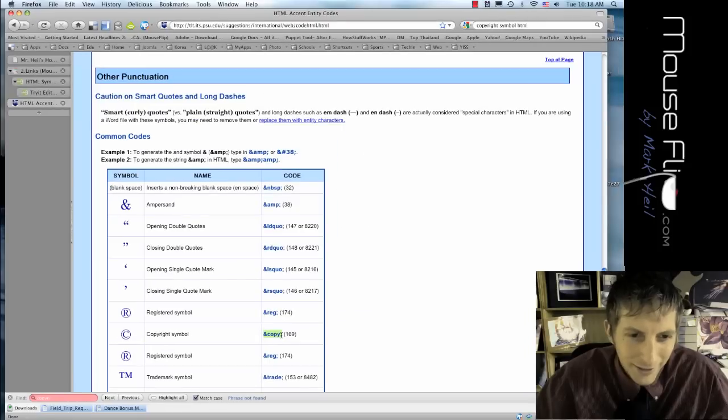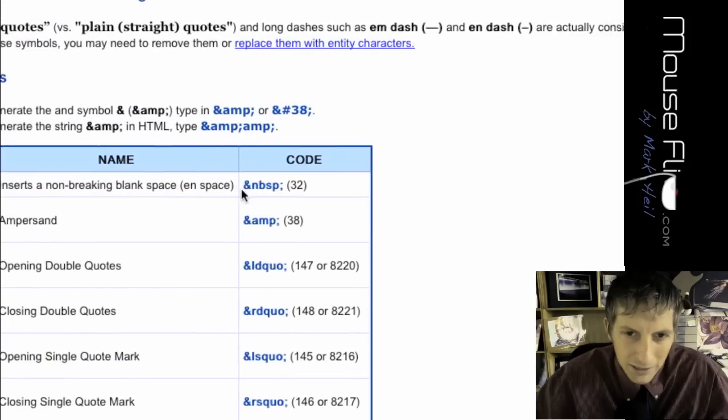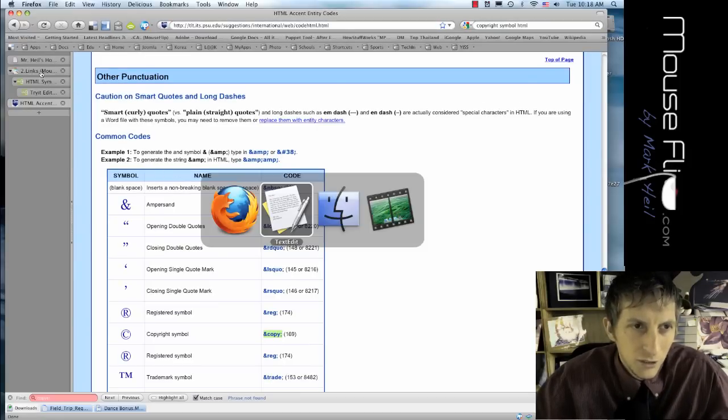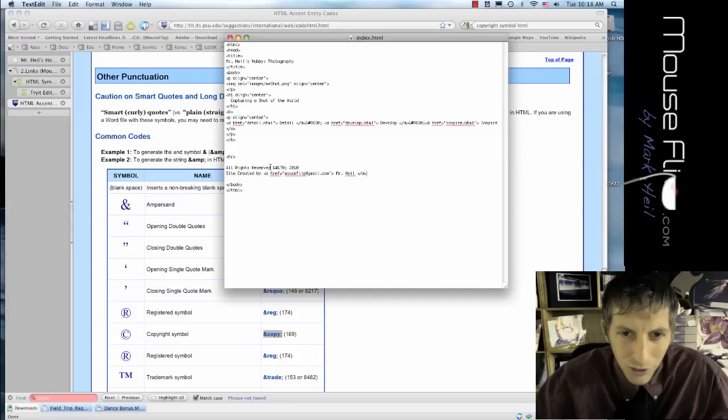That's a lot easier. Okay. Also, if you want extra spaces, it's an NBSP. So that's something to consider as well. I'm going to go back to my text editor, put in the correct copyright symbol. Well, it's easier at least. And copy, and then